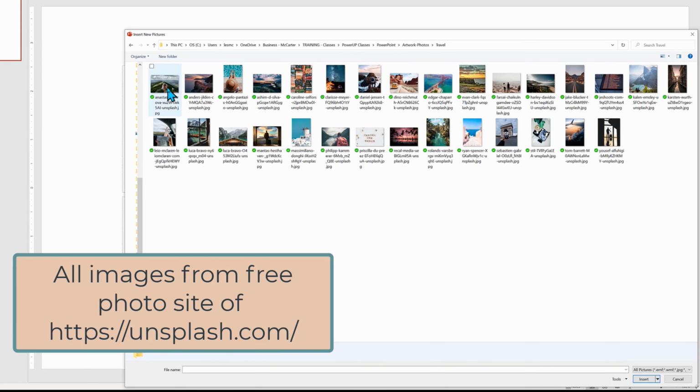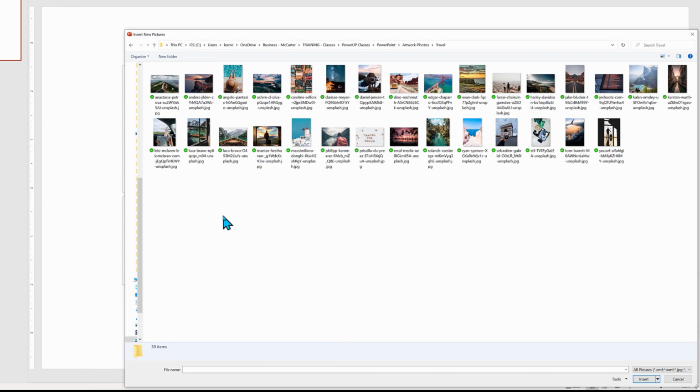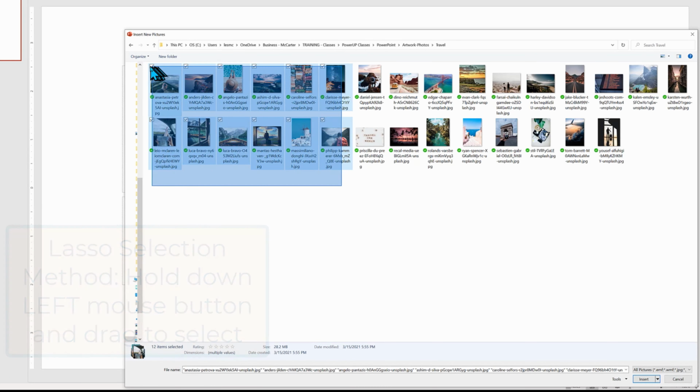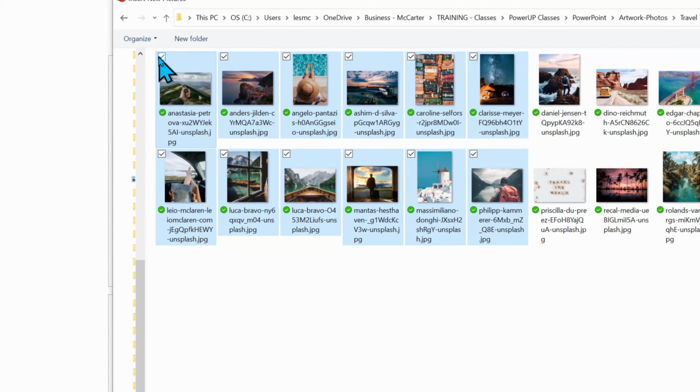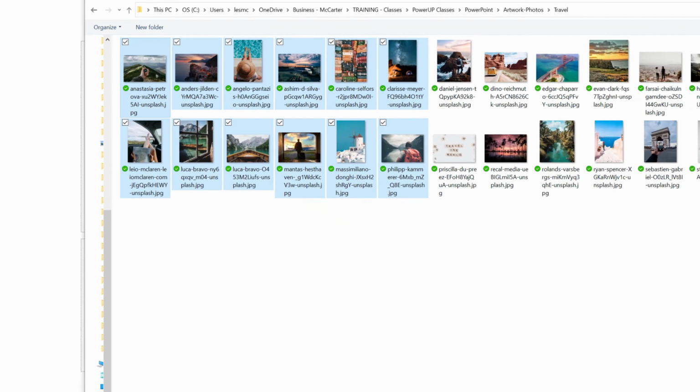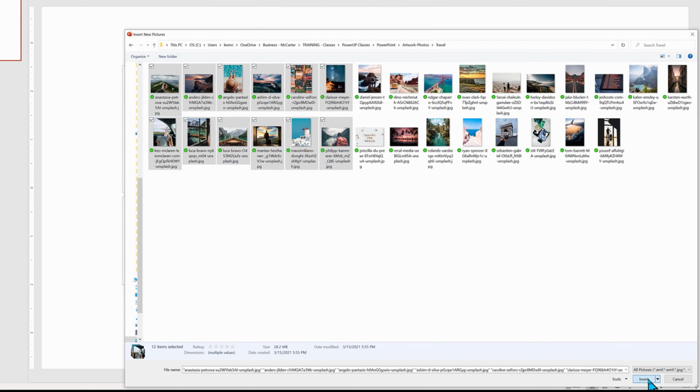By default, none of the images are selected, so I'm going to use the lasso technique to hold down my left mouse button and drag them, highlighting all the images that I want. Note that once selected, a small arrow check mark shows up next on the top left corner of each photo. When done, I choose Insert.